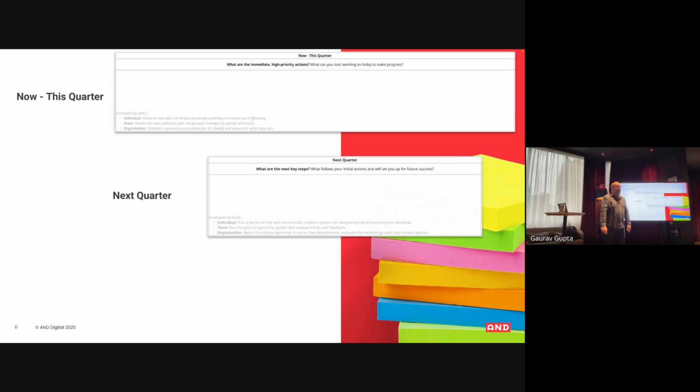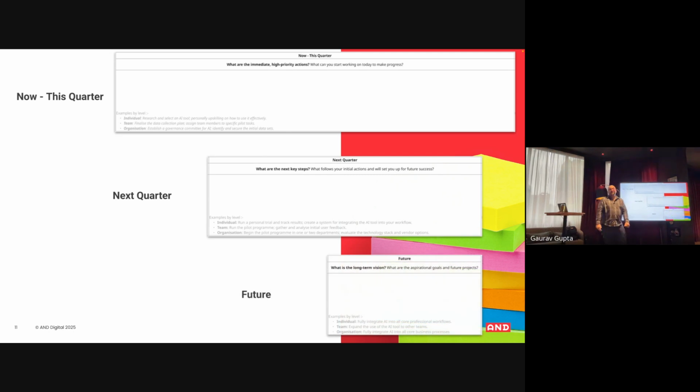The next bit gets a little bit smaller. So what am I going to do next quarter? What am I going to do after this quarter? It's a bit smaller, so you won't know how much to do. And then finally, what I'm going to do in the future. Because you may have a long-term goal, but you'll probably be much more detailed in the now and the next rather than the future. That's why the sections get smaller.